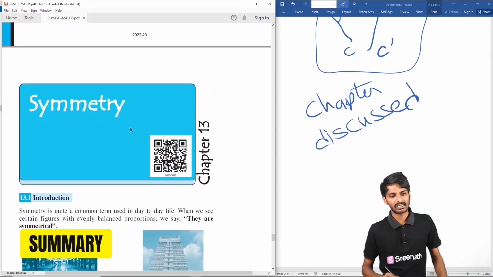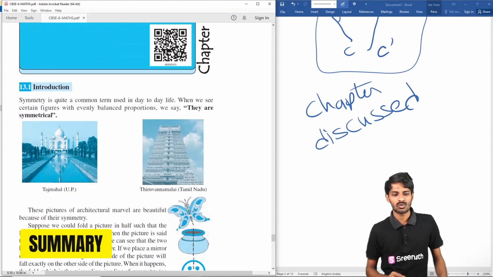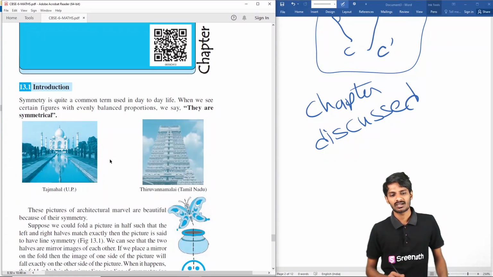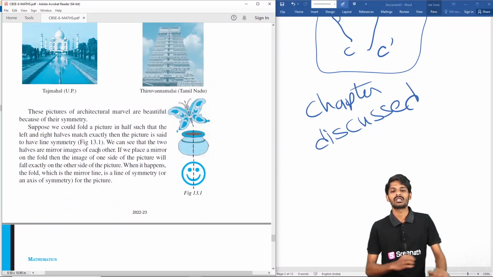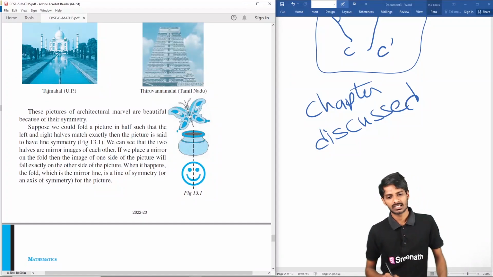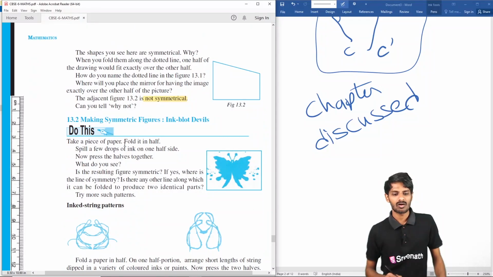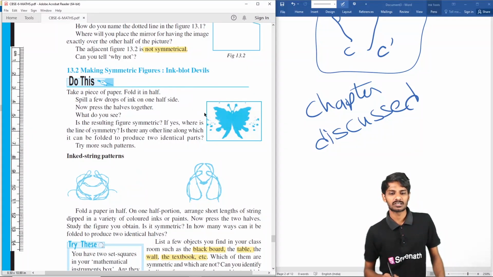Okay, so symmetry is the chapter. We will see the summary of this chapter. If you see, these two objects are symmetrical objects. In our surroundings there are so many symmetrical objects. There is a line of symmetry along which the objects are symmetrical. And we have tried some of the symmetrical objects,